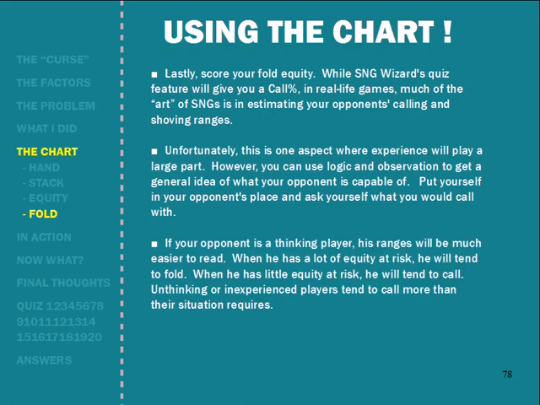But now, if your opponent is a thinking player, his ranges will be much easier to read. And when he has a lot of equity at risk, he will tend to fold, right? And this is why understanding equity can help you put yourself in your opponent's shoes, right? When he has a lot of equity at risk, he's less justified in risking it, and therefore he'll tend to fold. When he has very little equity in his stack, he doesn't have a lot at risk, and he's more justified in risking it, and he'll tend to call. So knowing how protective of his equity he's going to be is going to be an important factor for estimating how much